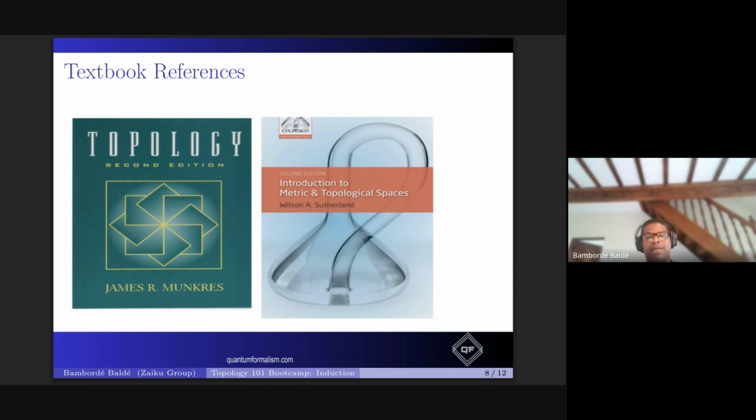I try to find that balance of being very rigorous. Obviously, we will be rigorous, but also going through a pathway where people can absorb the abstraction in doses. This is my approach. So it won't be exactly like these books, dense, definition, theorem, proof type of thing. We will have that as well, but the approach will be slightly different.